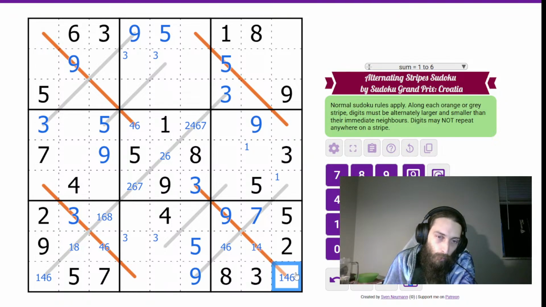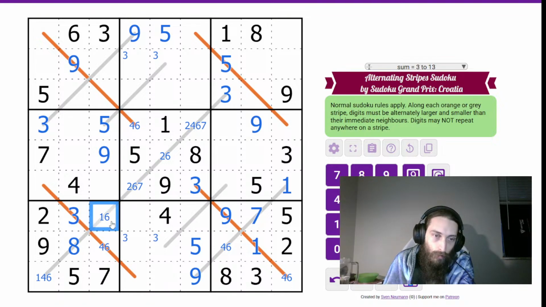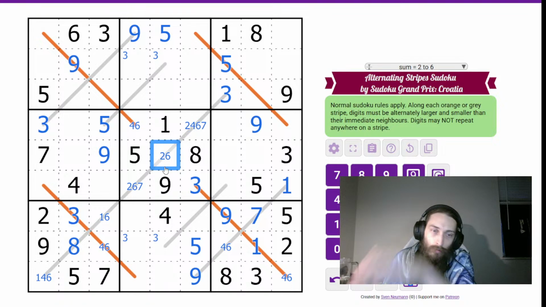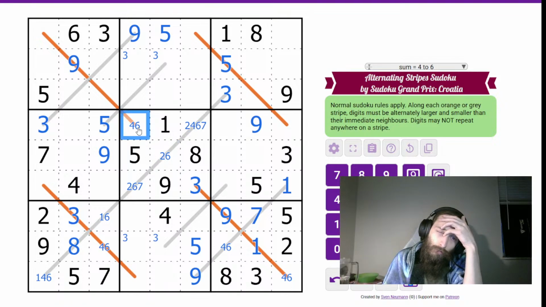How is this one a 1? It's not. 8. So they're both smaller than 8. Then whatever this is, this one has to be larger than that. So a 6 would make that a 7, would make that a 2, would make that 4,